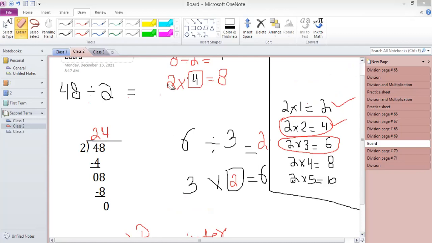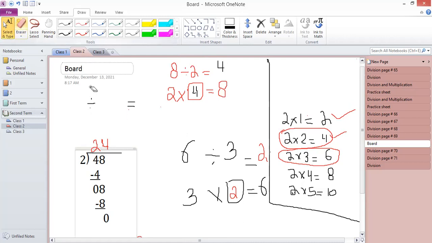Very good. Now we are going to do one more question for practice. You don't need to write it now. I'm going to explain one more question. Let's suppose I say you have to divide 369 by 3. If I ask you to divide 369 by 3, what will be your answer?